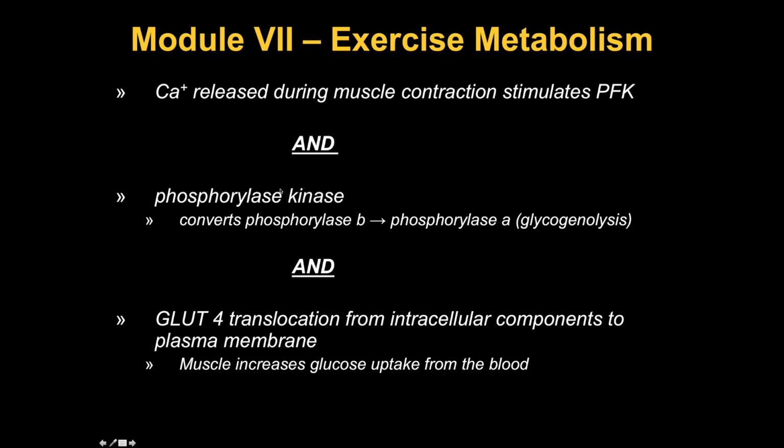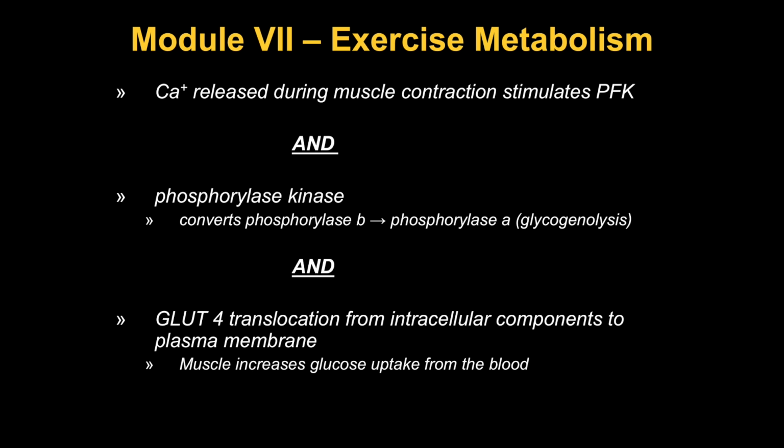At the same time that all of this is happening, we also have calcium being released for muscle contraction. If you recall your physiology lessons on skeletal muscle and how it works, we need calcium there to trigger the sarcomeres shortening. So that's going to be released. And the interesting thing is that calcium is going to stimulate PFK. Again, this key regulating enzyme in glycolysis is going to be stimulated by calcium so that you can increase